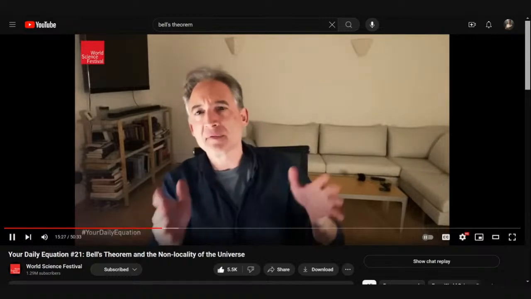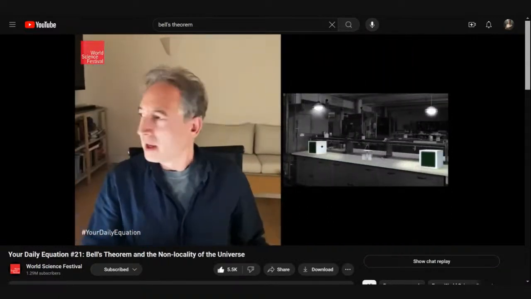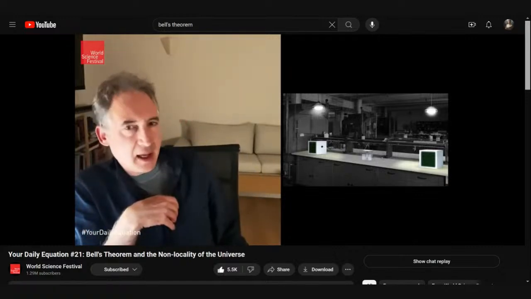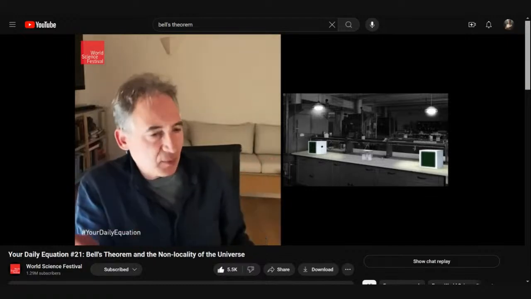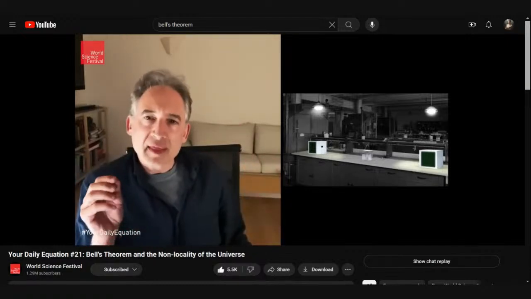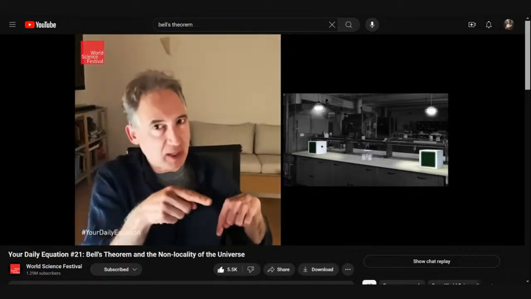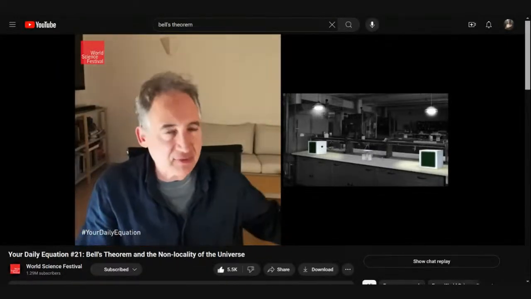In the context of taking these abstract examples of spinning particles, let me put them into more of a laboratory setting. Okay, so in a laboratory setting, we can imagine that we have, say, a couple of detectors, one detector on the right, one detector on the left, and in the middle is a device, if you will, that will send out particles that are entangled. So this device in the middle creates entangled particles, and it creates them in just the way that we've been describing. One up, one down, the other up, the other down, and so forth. And these detectors are able to measure the spins of the particles. So the example that I was just showing you a second ago